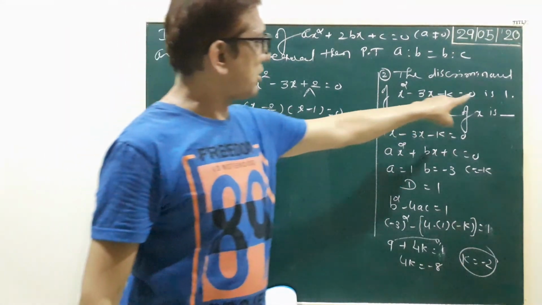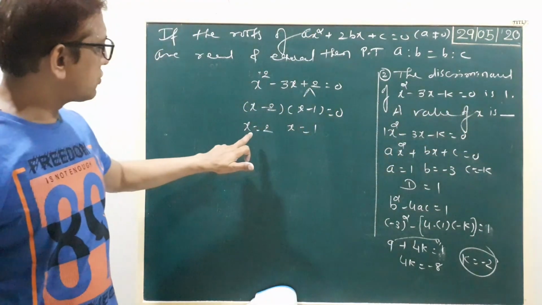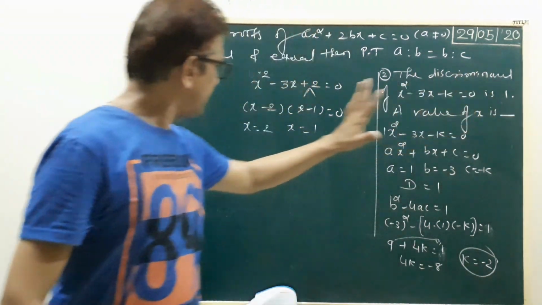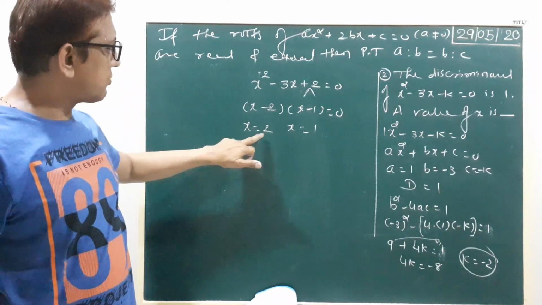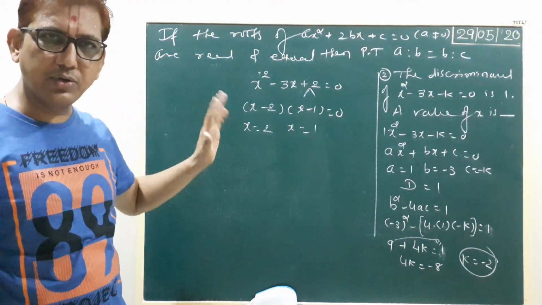Here x = 1 is already given. Find the value of x. Okay. The value of x is what we need to find, so x = 2 and x = 1. This is not the discriminant, it is the value of x. So our values are x = 2 and x = 1. This is your final answer. Is that clear? Okay. Thank you very much.